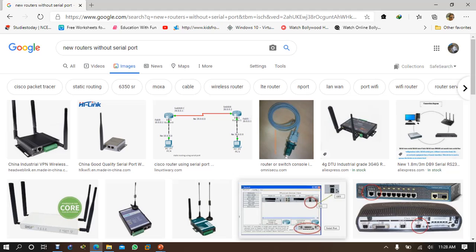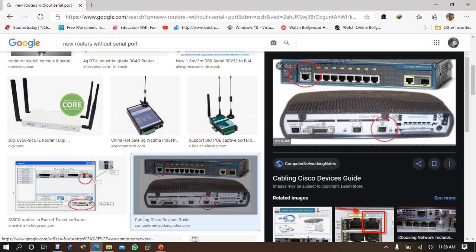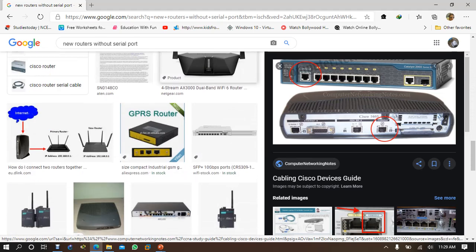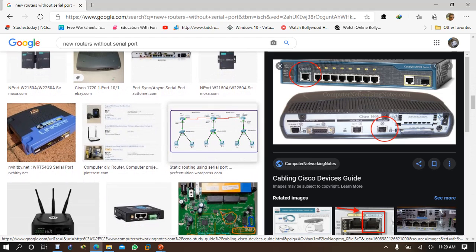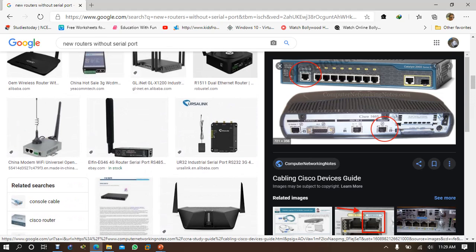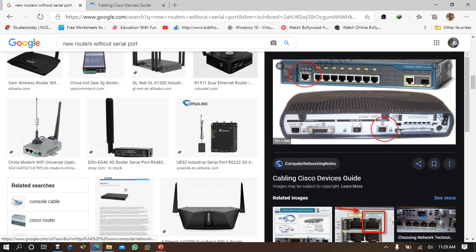Okay, so see, there is no serial, only console port and Fast Ethernet port. I can show you some other also. Okay, but you can get an idea from here, right? Yes. Even some routers are not coming with auxiliary port also. See here, no auxiliary port here.